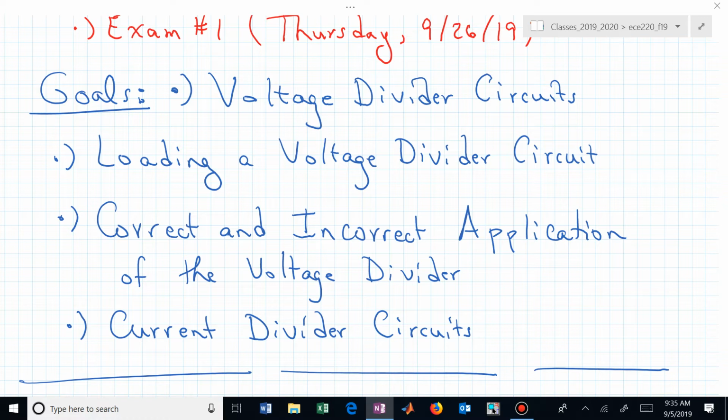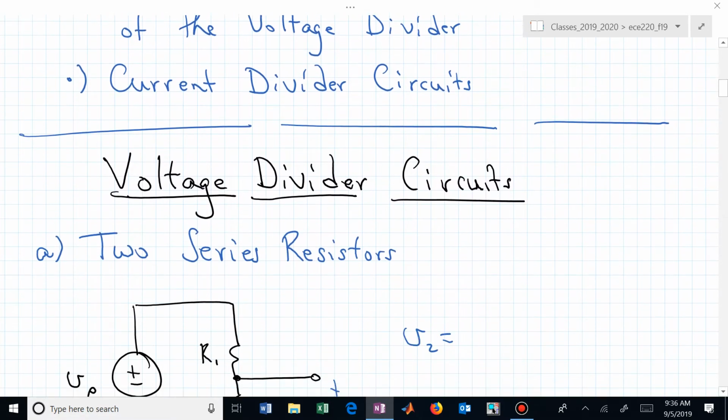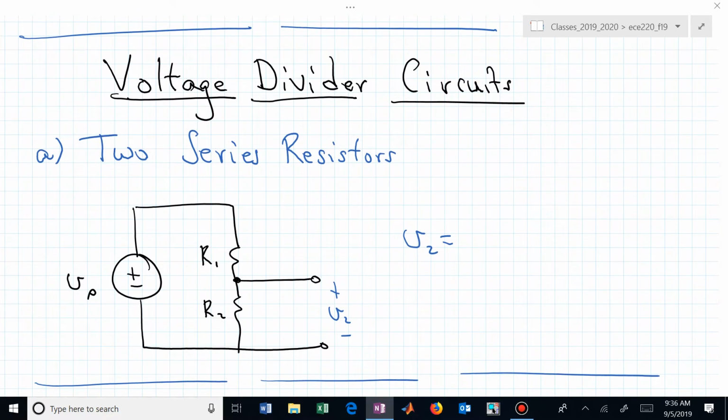Today what I want to do is continue with our voltage divider circuits and show what we mean when we were looking at example 3.4, loading of a voltage divider. What does that mean? And then we'll look at correct and incorrect applications of the voltage divider, and then we'll get into current dividers. That's the plan. As a review,